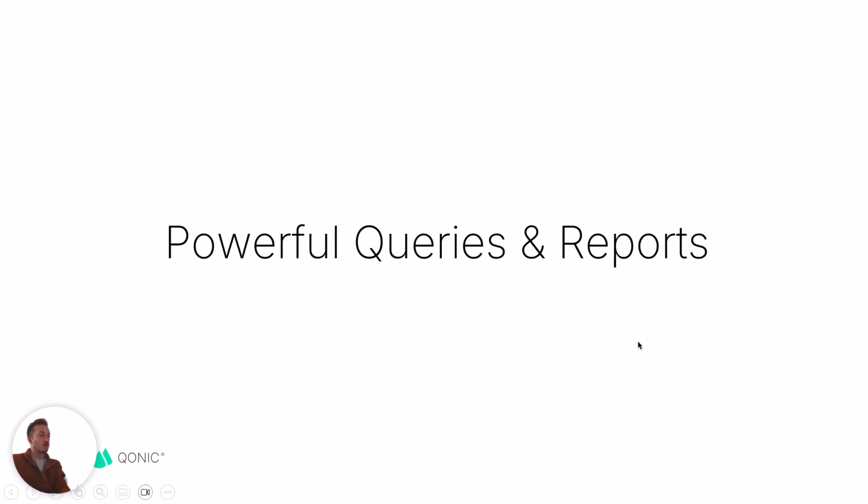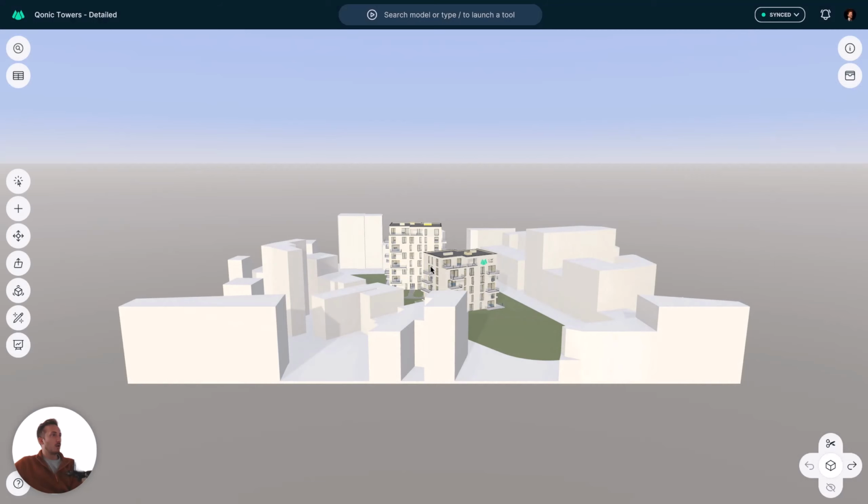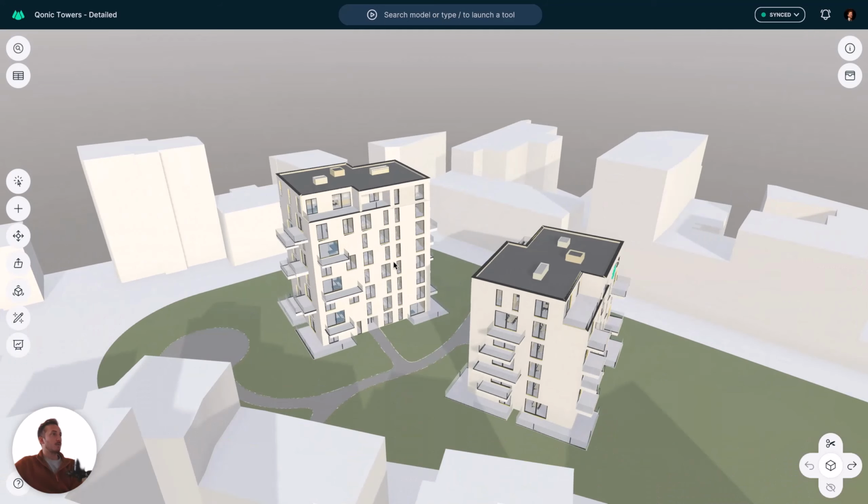Now, a final topic I want to talk about is this reporting functionality. So I already showed it briefly in this tablet demo where I showed you a simple report of mechanical ducts. Let me open another project here to show this in a bit more detail. So I have this model open here of 2 apartment buildings. In this case, they came in as IFC,